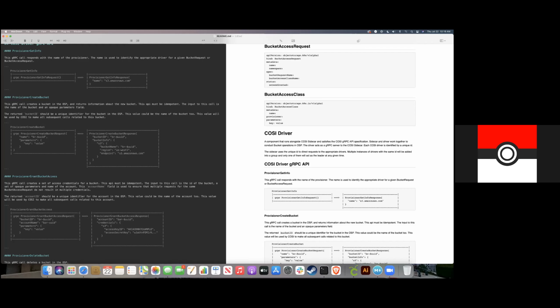Because someone who's writing the driver, it makes natural sense for them to expect to return credentials, but by asking them to return bucket info as well, it just seems... Well, you're returning the access info, which is all of the information you need to access the bucket being referred to. It's not impossible to do it the other way. It just feels cleaner to do it all in bucket access from where I sit. But I want to hear what other people think.